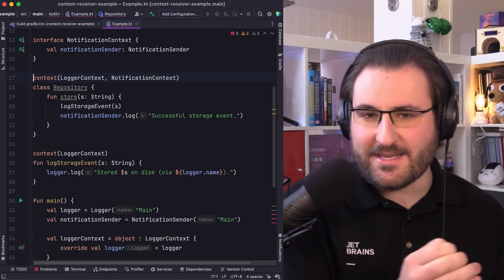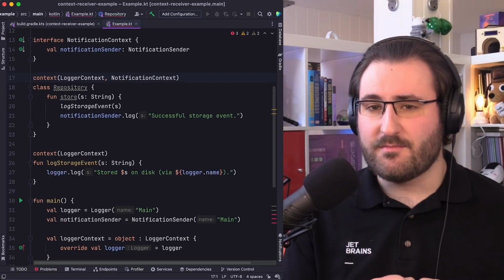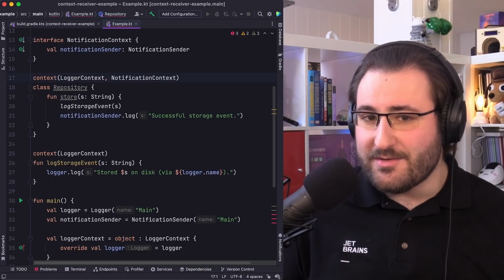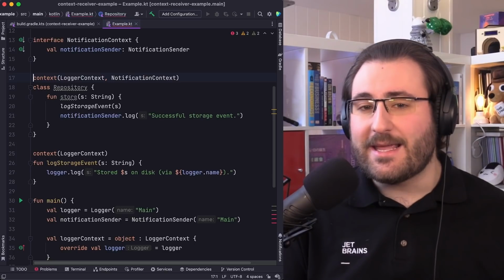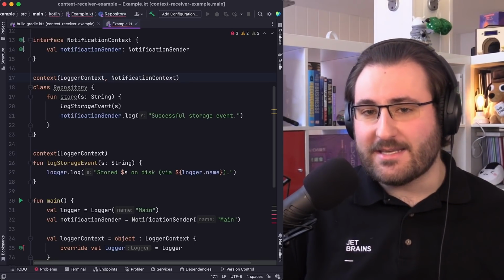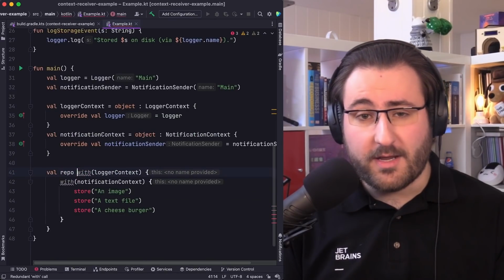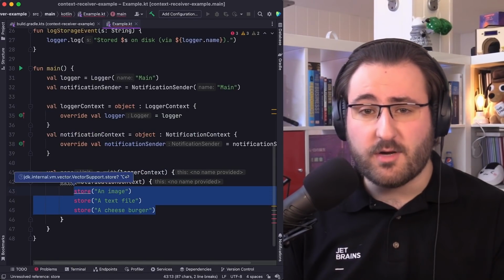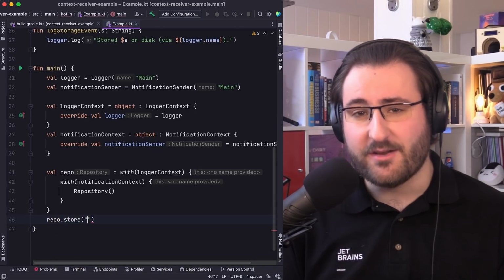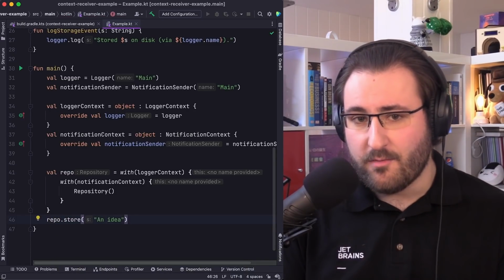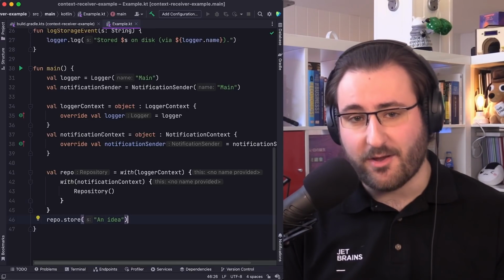If you think about it, in this case, using context receivers almost achieves something similar to dependency injection, because to construct the object, you need both a logger and a notification context object, and inside the repository, you can access the logger and notification sender properties. To make this code work again, all we need to do is move the constructor call to repository inside the bodies of our with functions so that notification and logger context are in scope. And then we can just call store because the repository object already knows its contexts.